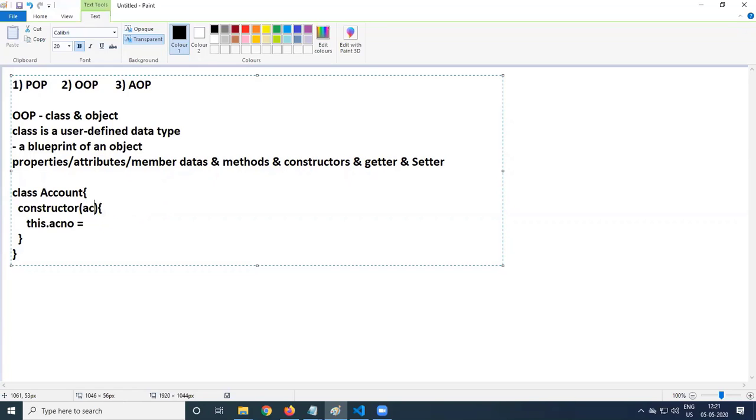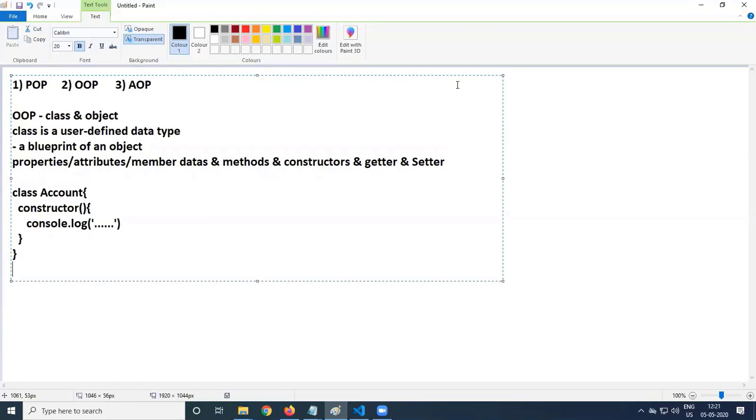I'll also provide a console.log message, since the constructor gets executed whenever you create an object. Constructors are used to initialize the member data of an object.